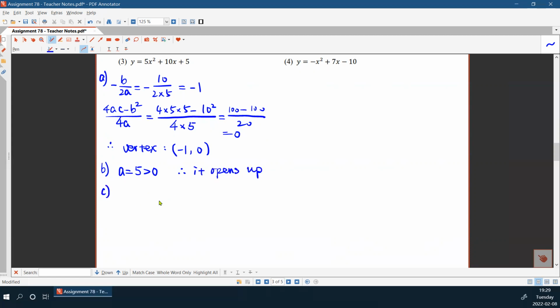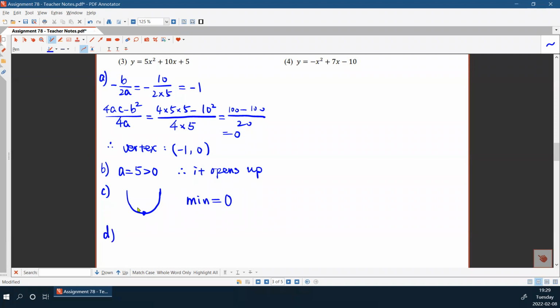And see the minimum or maximum value. Because it opens up, it must have a minimum value at the y coordinate of the vertex, right? Therefore, the minimum value is actually the y coordinate of the vertex, which is 0, right? And B,